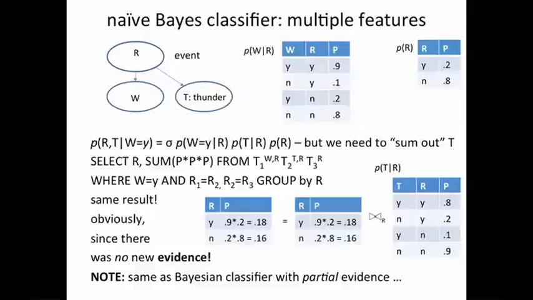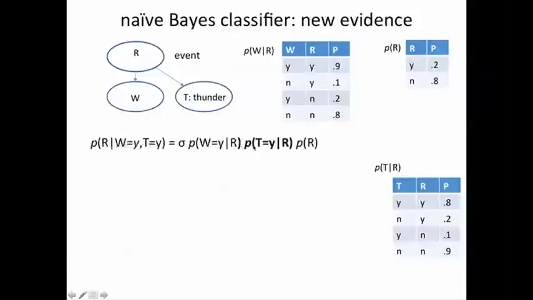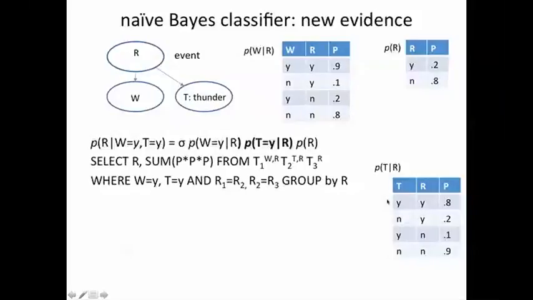That's all. Now let's see what happens if we actually do have evidence about T equal to yes or no, and let's suppose we have T equal to yes. So now we're looking for the probability of rain given W and T are both yes. And now in this case we restrict our multiplication by the P of T given R table to the case where T equal to yes only. In this case, again, we do the same SQL, only we have another select statement which restricts us to use only those rows of this table, again joining with the prior join that we had of T1 and T3,